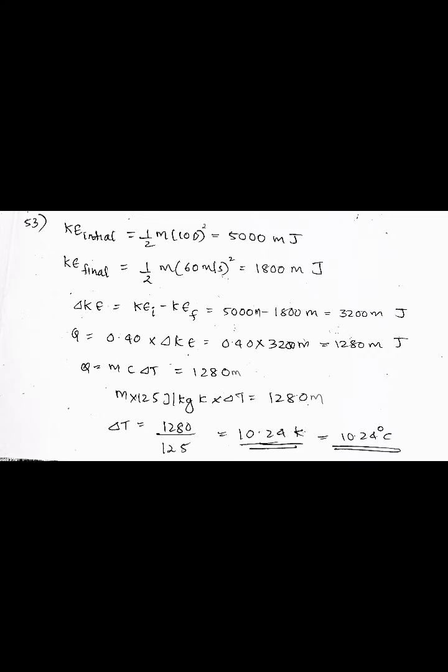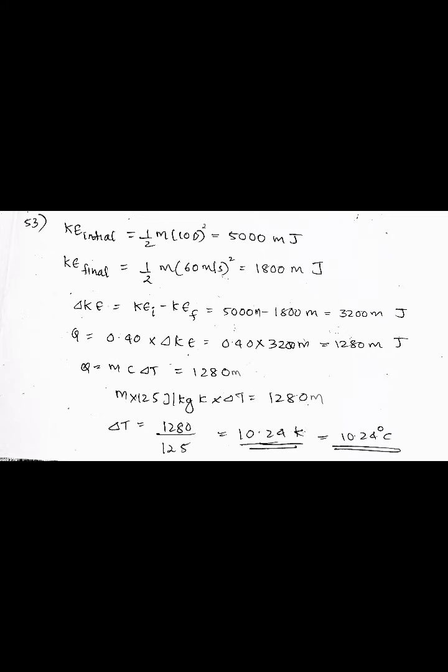Here kinetic energy initial is equal to half m into 100 square, this is equal to 5000 m J. Kinetic energy final is equal to half m into 60 square, this is equal to 1800 m J. So change in kinetic energy is equal to 5000 minus 1800, this is equal to 3200 m J. So Q is equal to 0.40 into delta KE, that is equal to 0.40 into 3200 m, this is equal